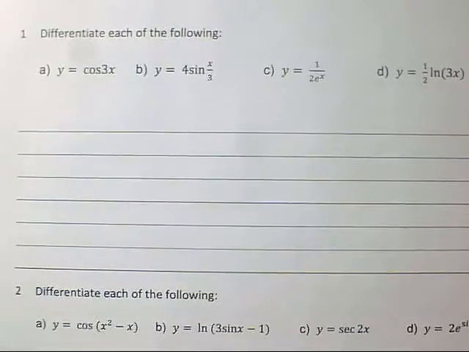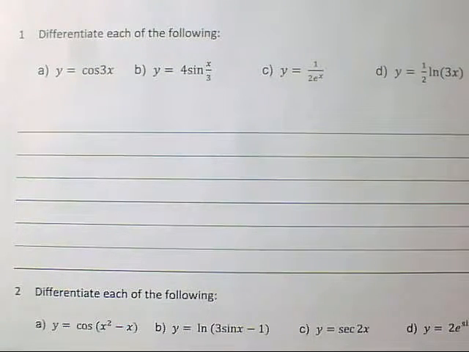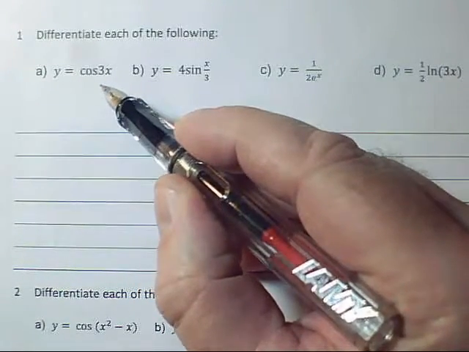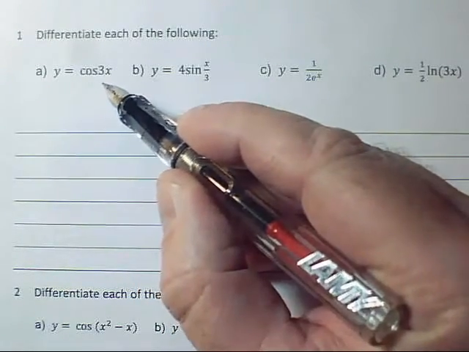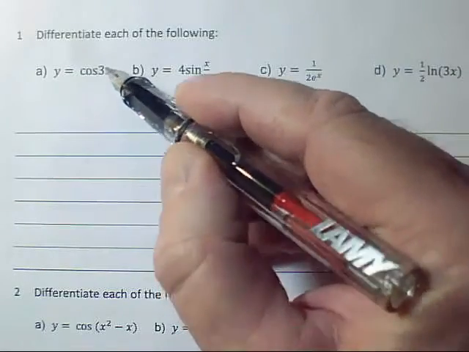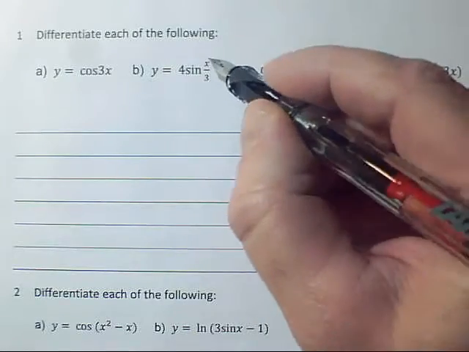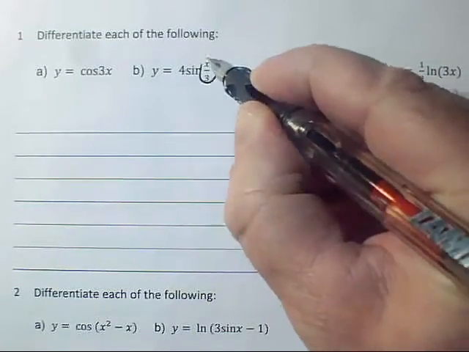Okay, we've got, as question one, some basic differentiations. The first one, we're differentiating cos 3x, so it's like differentiating cos x, but you need to remember how the 3 works. This one is very, very similar, but this x over 3, okay, get used to the fact